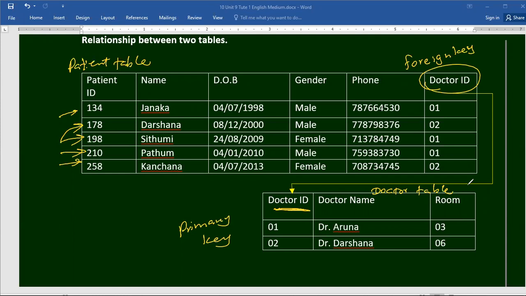The tables and the relationship between tables, for example, how we can identify the primary key and foreign key, how to connect two tables, and how to connect tables using primary key and foreign key. You have to connect those tables using these doctor ID fields and make some arrow here.